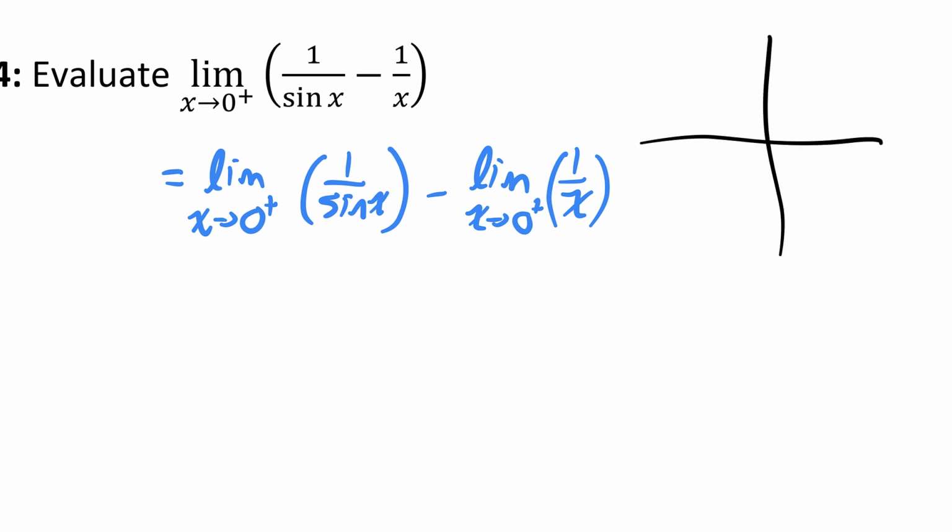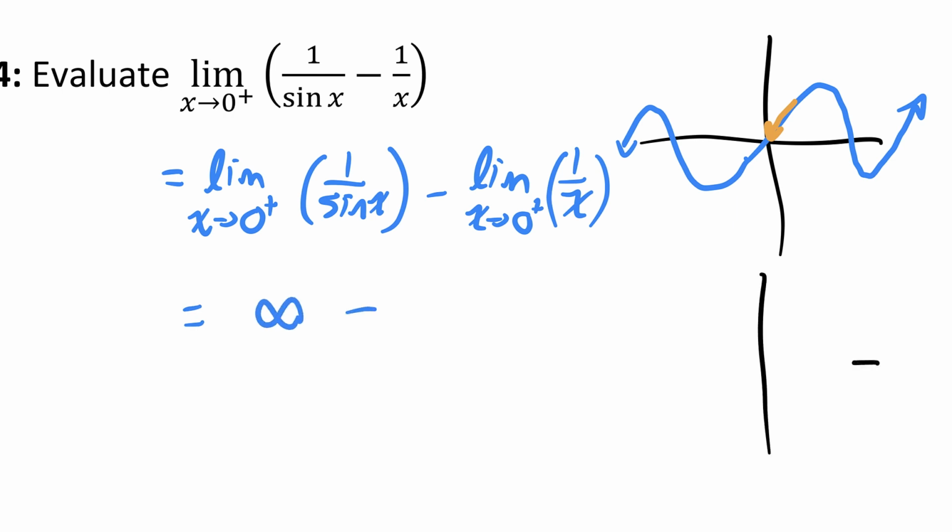You know what the graph of sine x looks like. Not a great sketch of sine x, but you can see that as x approaches 0 from the right, sine x is approaching 0. So I'm getting 1 over a function that's approaching 0 from the right, which is going to give me an infinitely large value. So this is going to equal infinity minus,